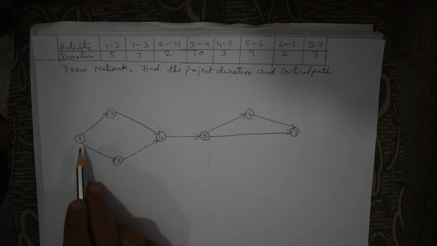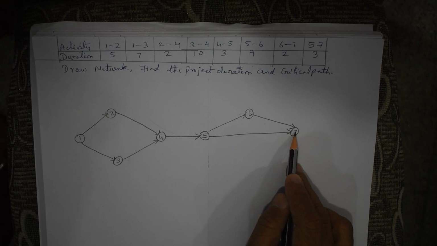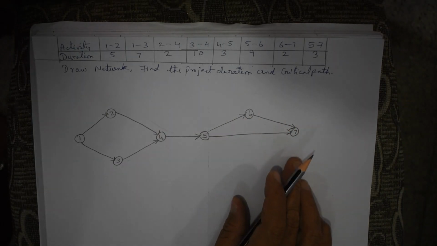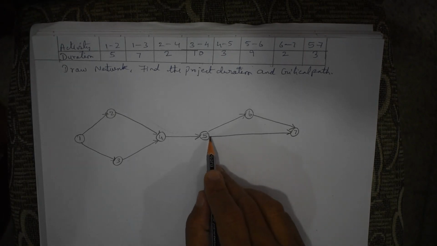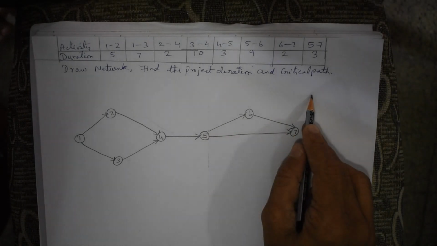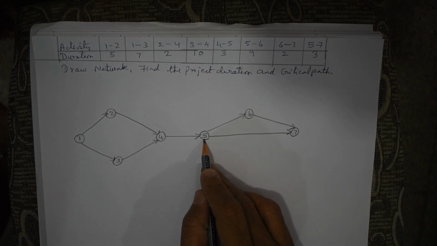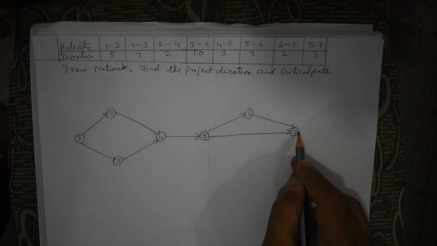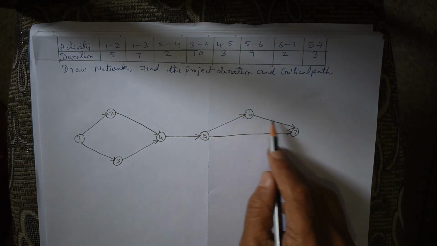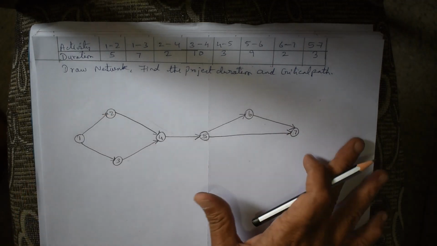If you see the basic rule which I told you, one starting point, one ending point. At times people tend to believe that only this should be the shape of the network. It is not so. Even I could have drawn 5 to 6 here, 5 to 7 over here, and 6 to 7 I have taken it here, and I could have easily drawn 5 to 6 here and 6 to 7 here, which means this triangle can be on the top or it can even be on the bottom. So now we have drawn the diagram.